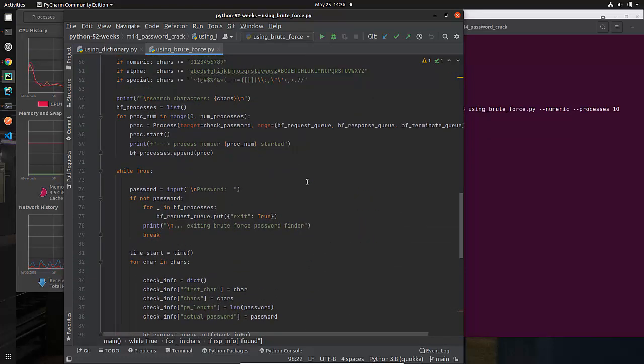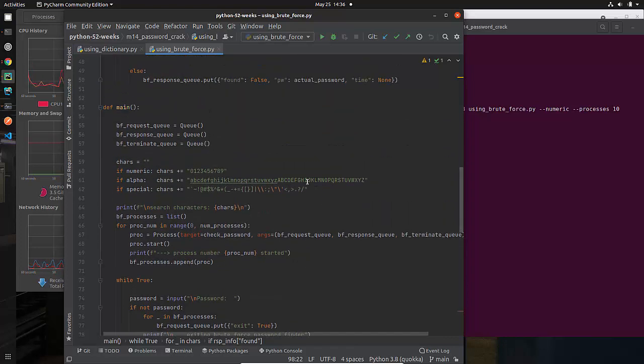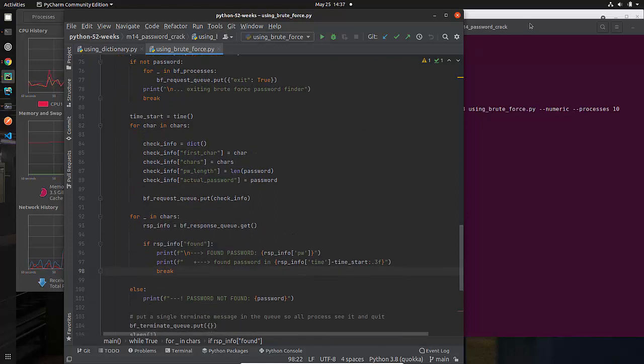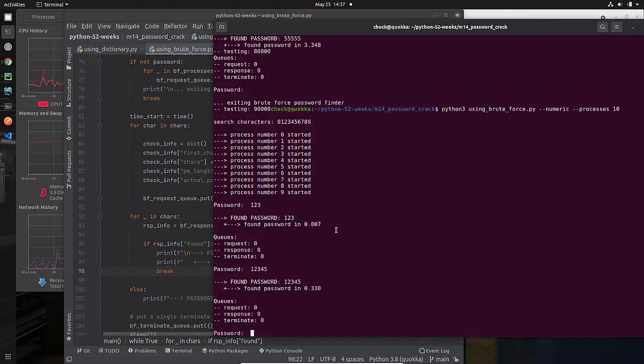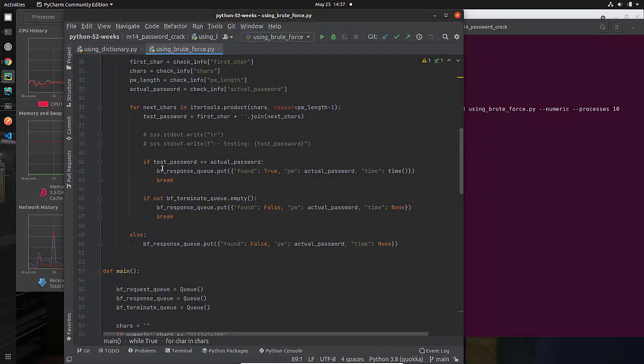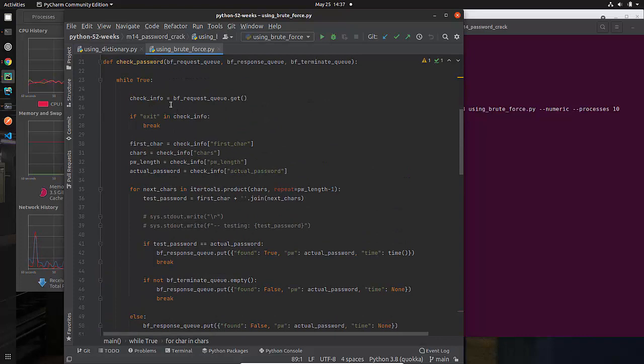When you're dealing with multiple threads or multiple processes, debugging can be a real pain because there's so much going on. Even printing stuff can be a pain, but sometimes putting in print statements helps. In a situation like this, I had print statements here, I had print statements here, I had print statements here, I had print statements when I got a message.